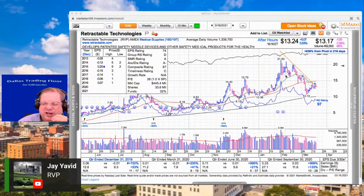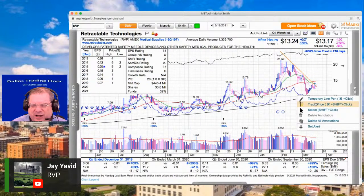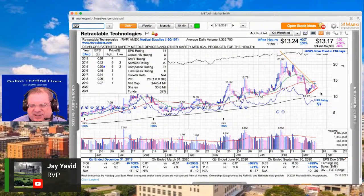Interesting. But the trend line that I have here is this one, and if it breaks above that, if it breaks above the 50-day moving average, then I think you could buy this once again. So if I wasn't in this one currently, I would wait until it moved up to about 15. If it moves above 15, that's where I want to buy it, because that will confirm an uptrend. But right now, unfortunately, it made an attempt to reverse, but it didn't make it. So it looks like we're still in a downward trend on